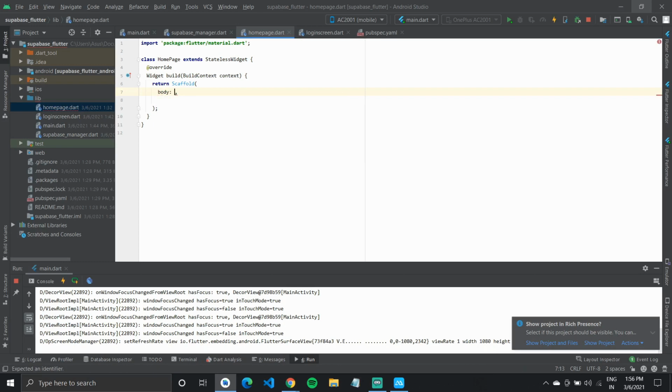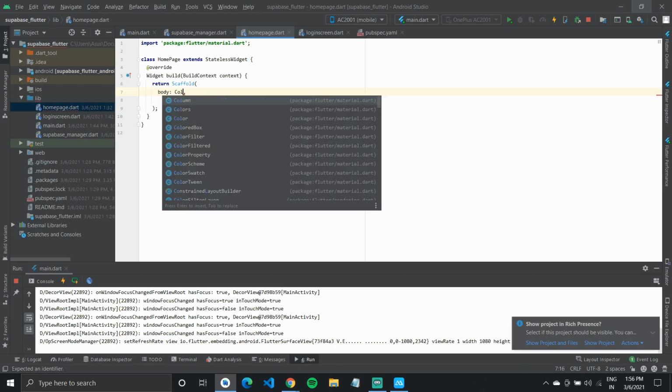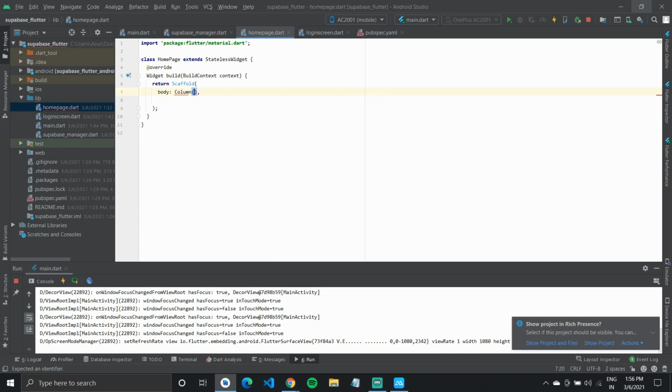This body would be a column, right? My column will have some children. So these would be two raised buttons, I guess. One would be to read data, and the other would be to add some data.